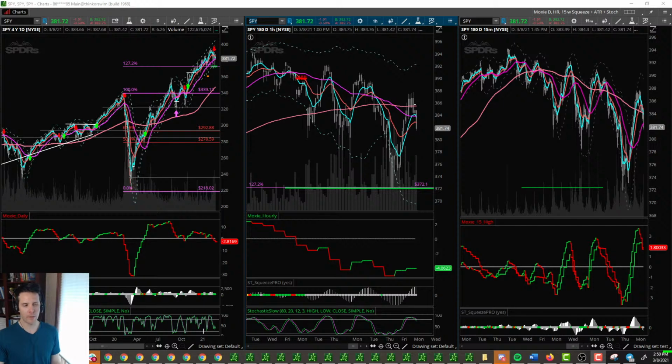Joel, I have the Moxie indicator calibrated for the 15, so it will work on the 30, but I don't have it calibrated, so I can't really tell you what it's going to do. The precision that I have figured out that works is on the 15-minute time frame. Be my guest, put it on a 30, but I don't have rules for you in that case, so you'll have to just see what it's going to do.